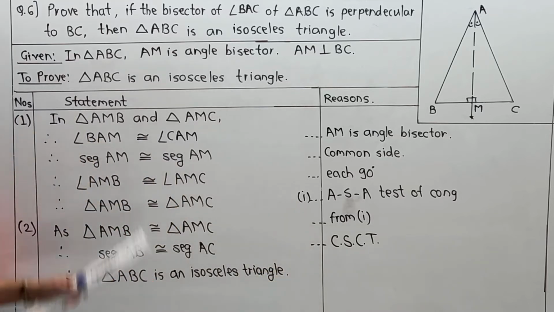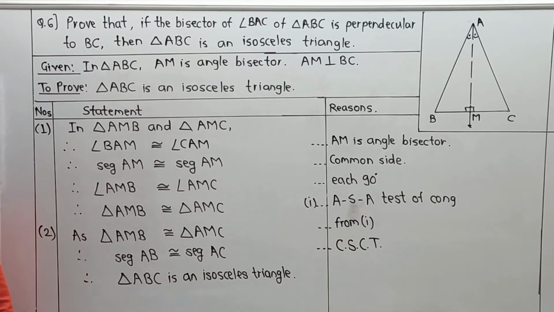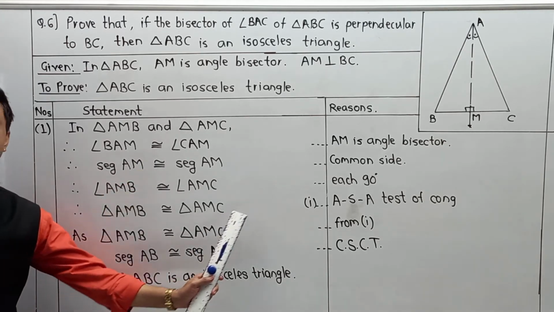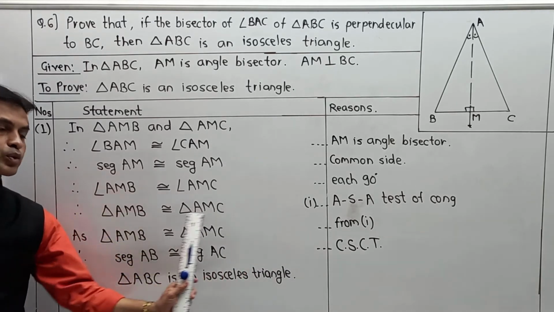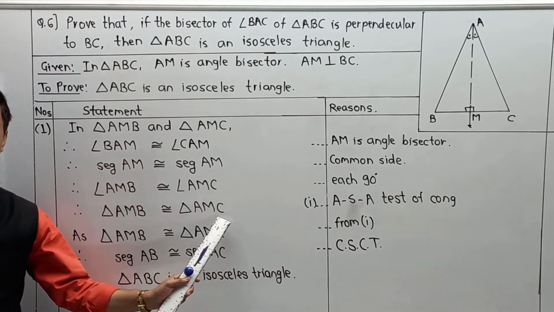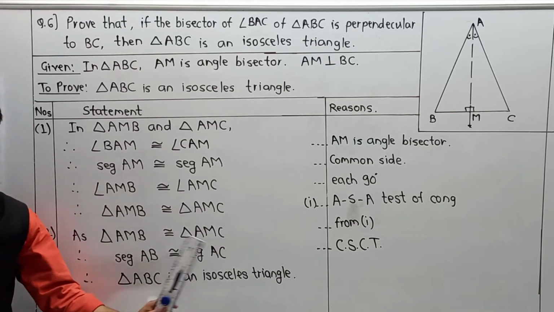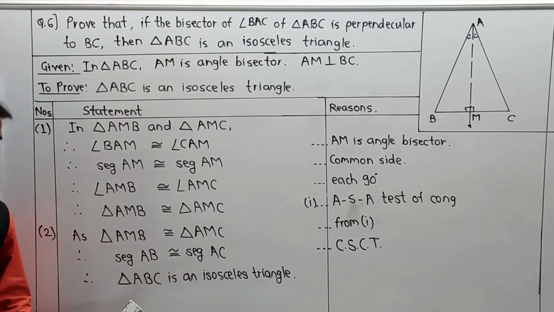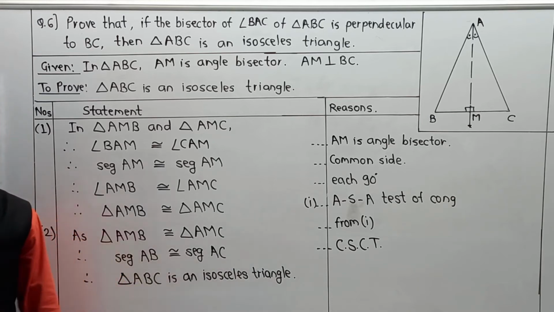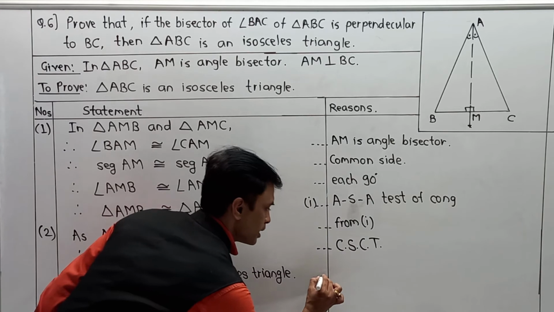And in this way, we can complete the proof. Remember student, when you are going to write such a part, first of all you have to give the declaration in terms of a test, and after going to show that by test two triangles are congruent, by test two angles are congruent, then their respective sides and respective angle must be congruent. Automatically AB equal to AC, it indicates that triangle ABC is an isosceles triangle, and you can say at the end proved.